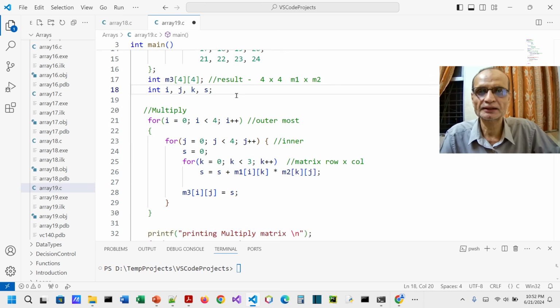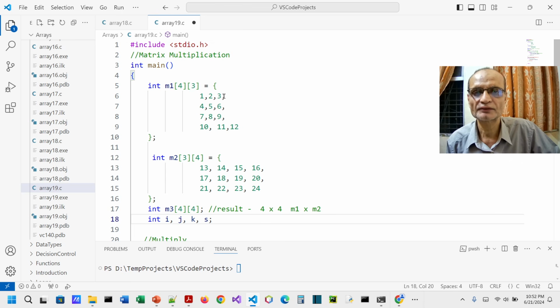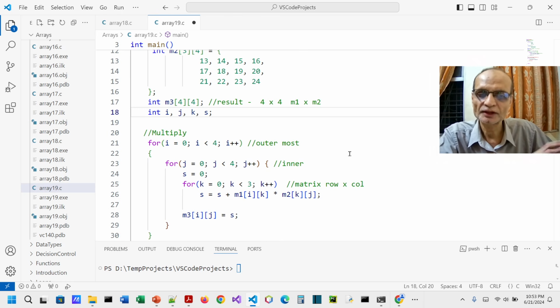Like that you will have 4 5 6, then 7 8 9, and then 10 11 12, and obviously 1 2 3 will also be multiplied with the 0th column, then the first column, second column, third column, like that. So that's the way I mentioned to you on the slide, the same thing will actually happen. So let's now run this code,